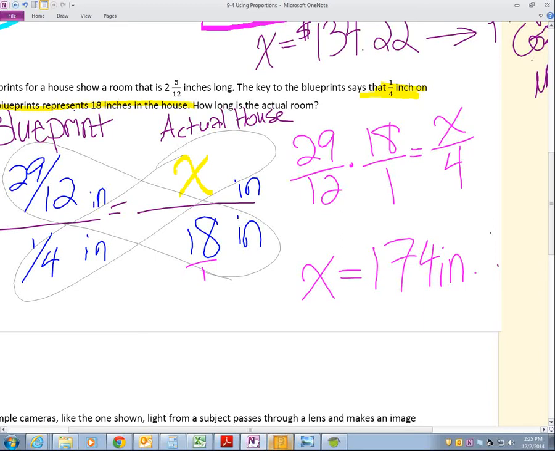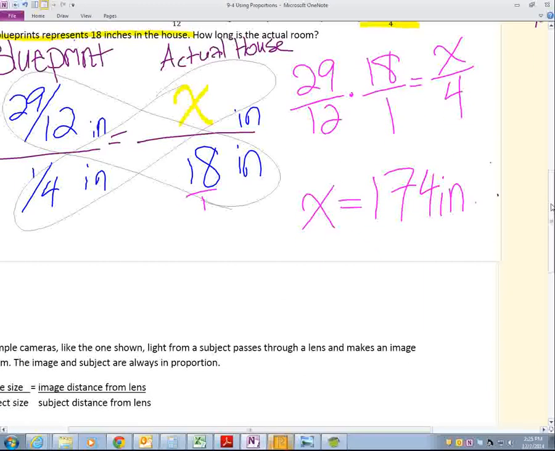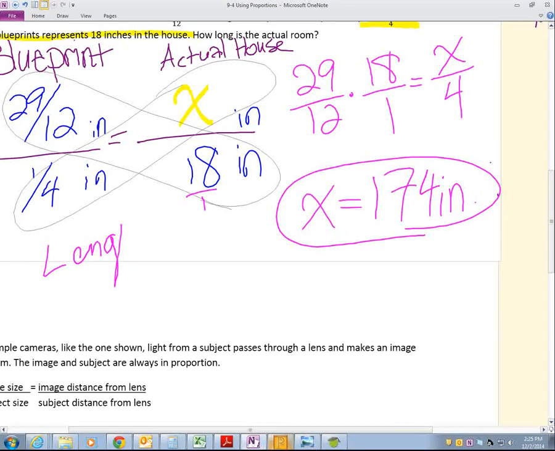Okay? It shows us that 174 inches here is the length of the side. Length of side is 174 inches. Okay? 174 inches. Now, this is how much work the other classes had with that. See all this work here? Okay? That's what I expect you to be able to do. That was stuff that we've had tests and quizzes and everything on, but we need to move along.